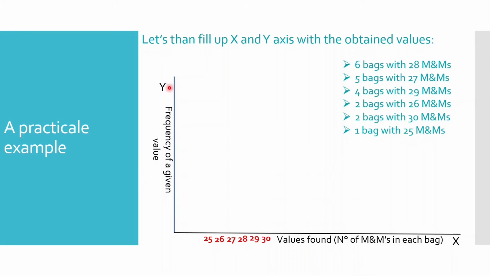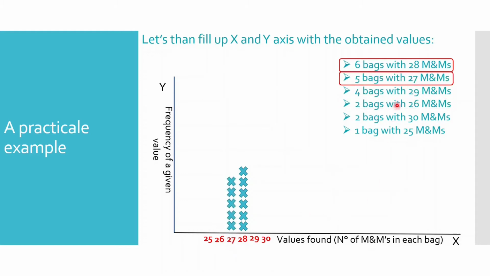So here we have the y-axis that represents the frequency of a given value. Here we have the values of the measurable variable that, as we already said, is the number of M&Ms in each bag. And the 6 values obtained are 25, 26, 27, 28, 29, 30. But how many times has each value been obtained? We already know that the value of 28 has been obtained 6 times. And so we put 6 crosses